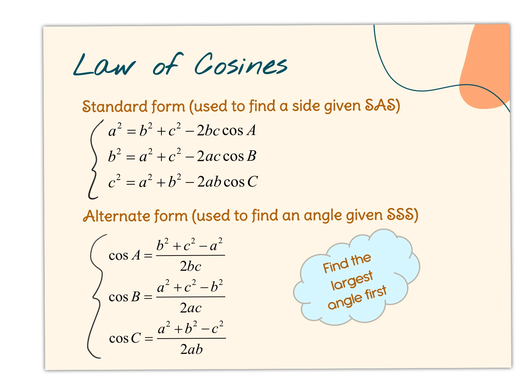Remember that capital letters refer to angles, and lowercase letters refer to side lengths. If you have side-angle-side, you're going to be looking for which two sides you have: side a, b, or c. You're going to have two sides and an angle. So the formula works as such. Let's say I'm trying to find side a. Well, a squared equals b squared plus c squared minus 2 times b times c times the cosine